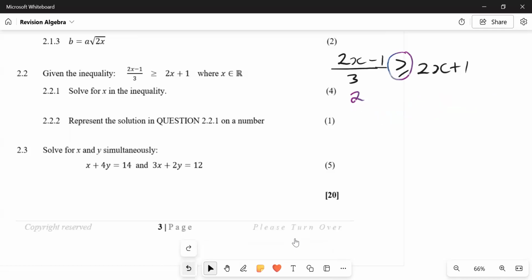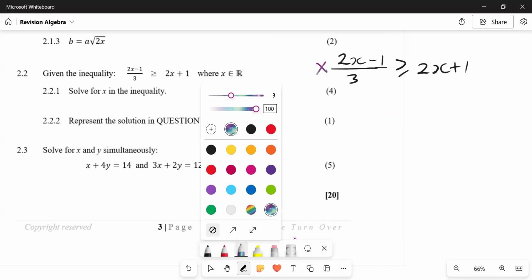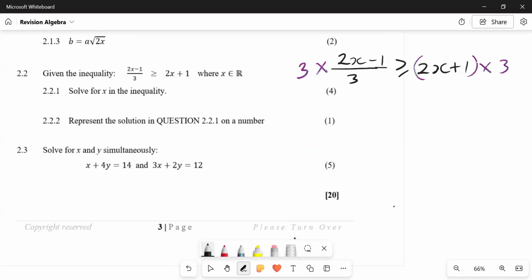So we will have to do what? We'll have to multiply both sides by 3. So you multiply both sides by 3. The reason now I'm introducing brackets is because we have values more than 1. So now we have a (2x minus 1) there, which is greater or equals to, now use the distribution law, right? So 3 times 2x, that's 6x, and then 3 times 1, that's positive 3, right? And then from here,